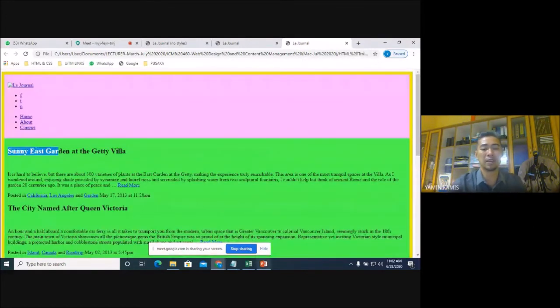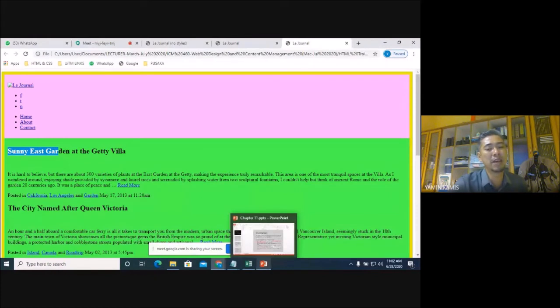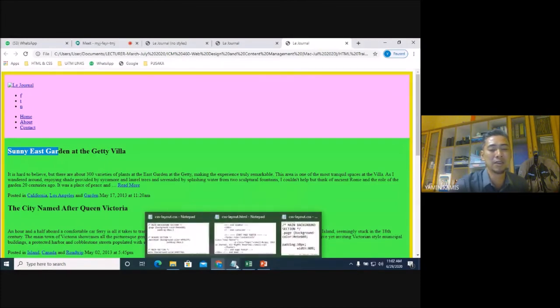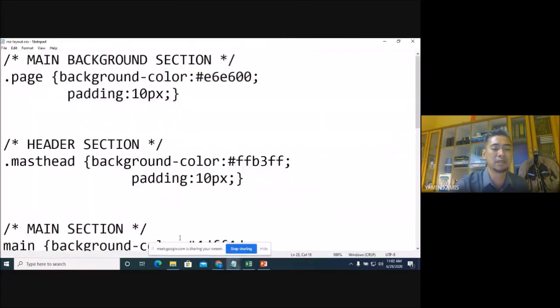Now the next step, what we can do is also apply margin. Remember just now, margin. So margin is very simple, just like padding. Let's say if I want to apply margin to my main background section, or the class page, all I need to do is just add